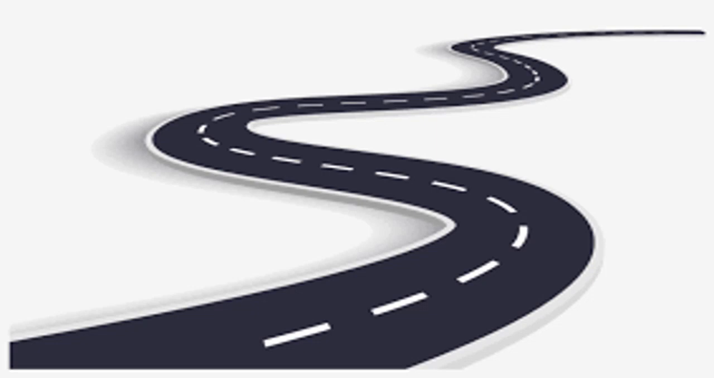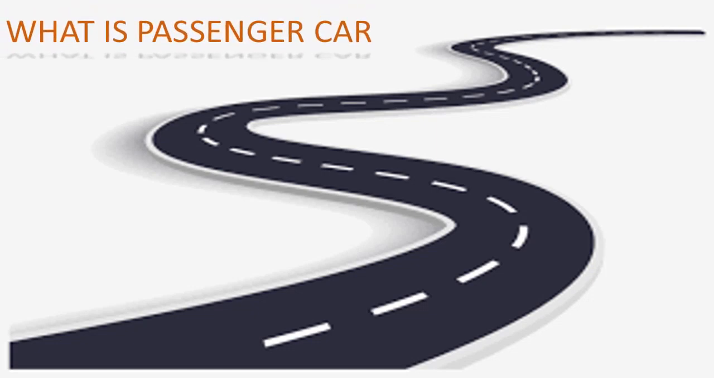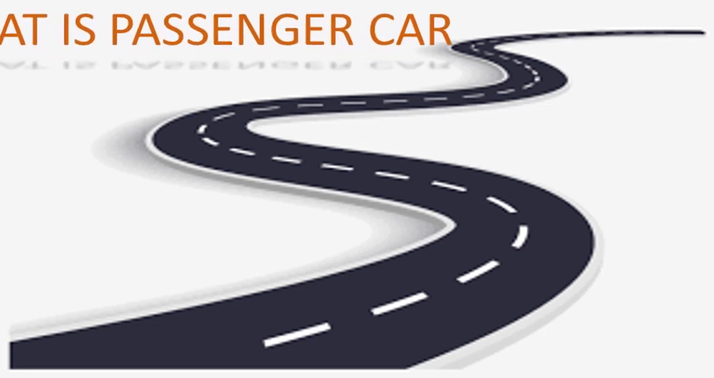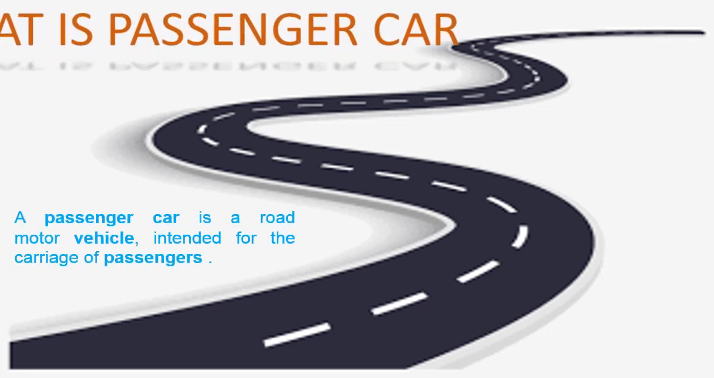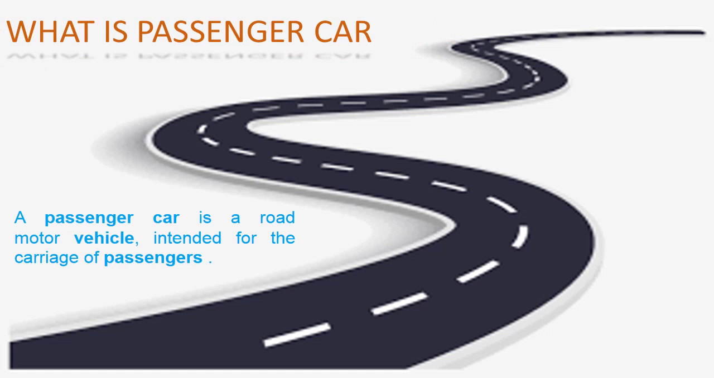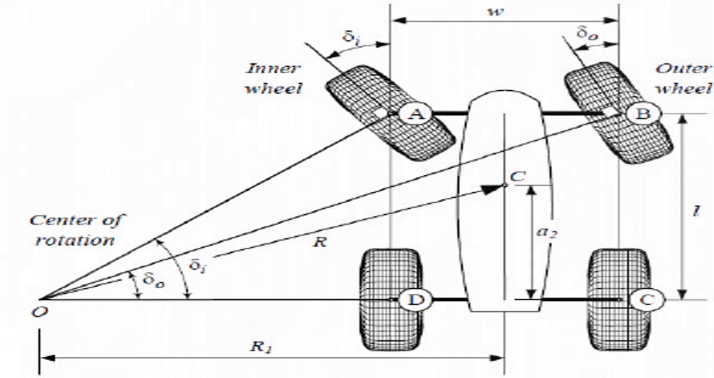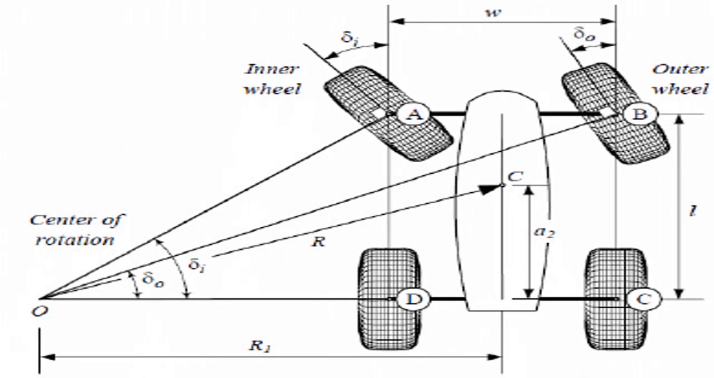What is a passenger car? A passenger car is a road motor vehicle intended for the carriage of passengers. Automobiles are steered by turning the front wheels, but the rear wheels do not turn. When a vehicle driven by rear wheels moves on a horizontal curve,